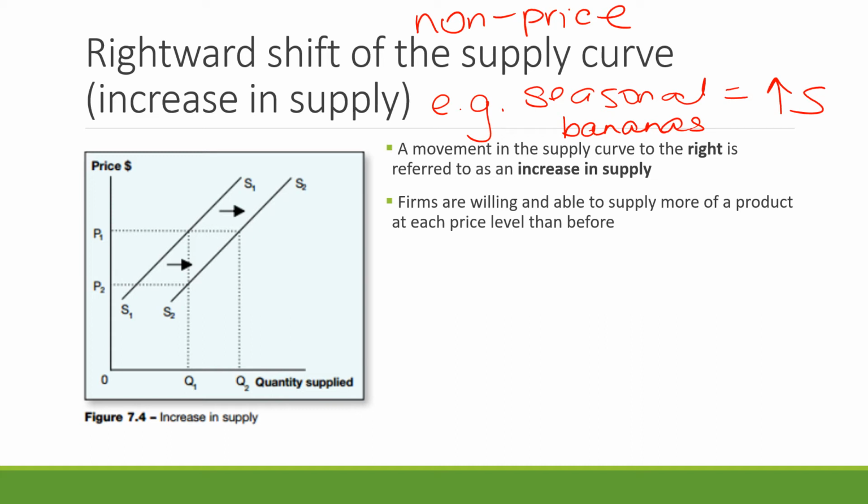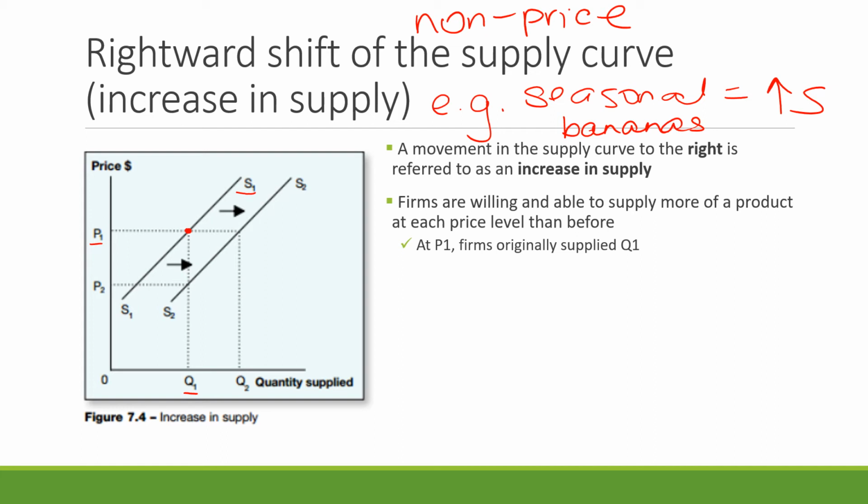Firstly, firms are willing and able to supply more of the product at each price level than before. So let's start at our initial point, which is P1, Q1 and S1, and we use the notation 1 comes before 2, so we're using all these 1 points to tell us where we're initially starting. So we're initially here on the first original supply curve. At P1 they're willing to supply Q1 bananas,